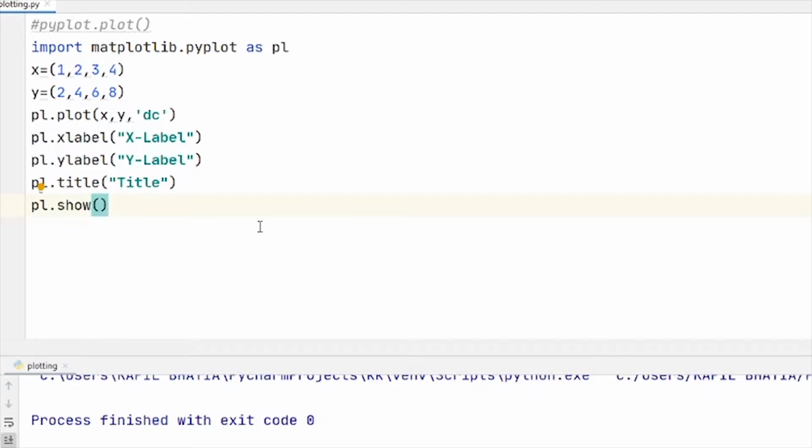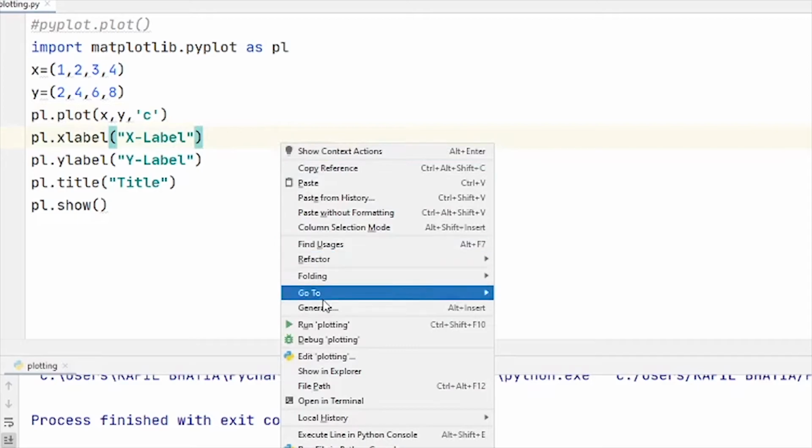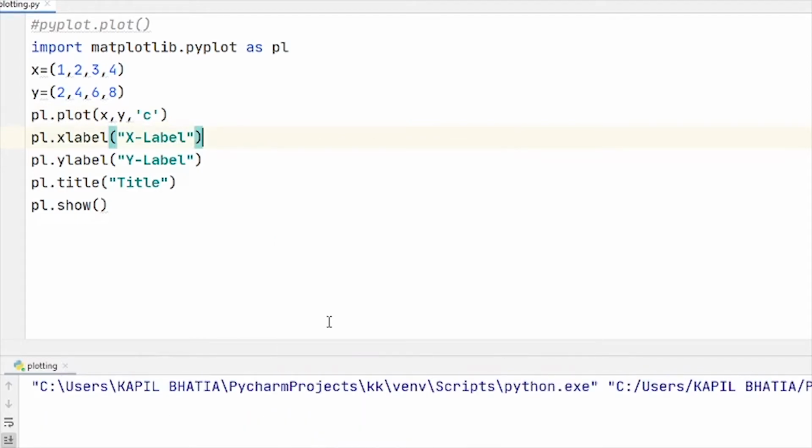Line charts are also plotted using the plot function only. Let us see how. If the plot function is used with 1 or 2 lists or tuples as parameter and no point style specifier like this, then the plot function joins consecutive points with lines to produce a line chart. Let us see an example. When I try to run this code, now you can see the line chart.